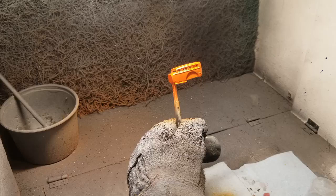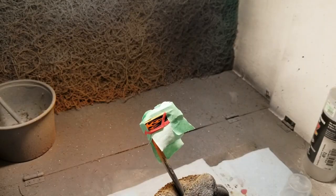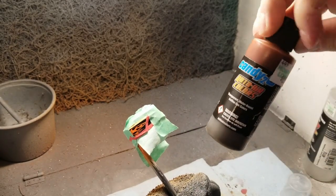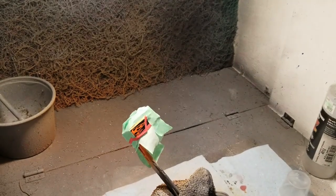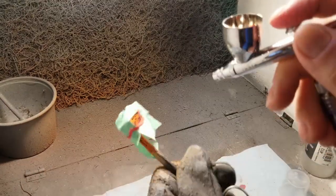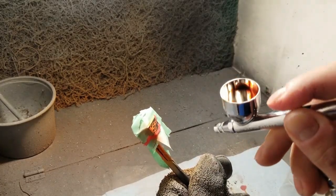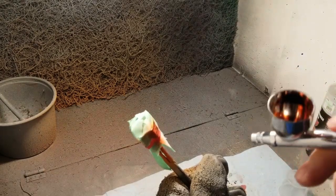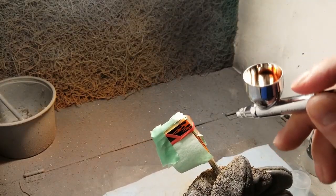Looking really good to me. Next part here, just to set it off a little more, I'm going to take a little candy blood red, and I'm going to fade in a flame on each side. So I'm going to take my blood red, and I'm going to go nice and light, but somewhat heavy in the front side, and I want to fade it towards the rear, really lighter. So I want it real heavy red in the front,